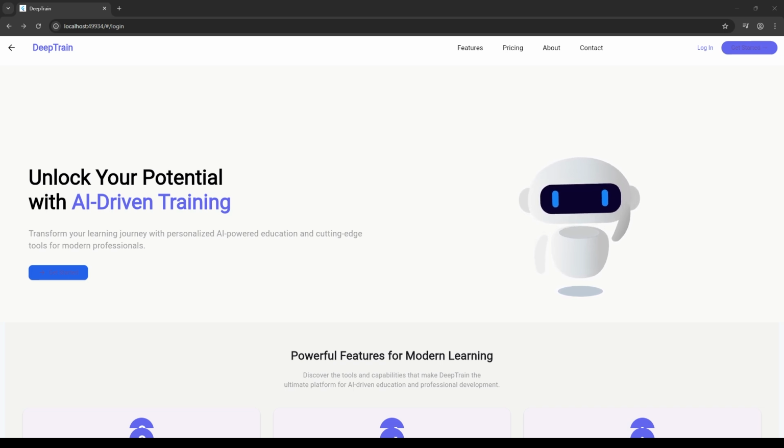At the very top, you'll see our primary navigation bar. Features invites you to explore the platform's core capabilities. Pricing breaks down our subscription tiers. About shares our mission and team background, and Contact connects you directly with support and sales. Flanking these links are two clear calls to action: Login for returning users to access their saved scenarios, and Get Started for newcomers eager to build their first training